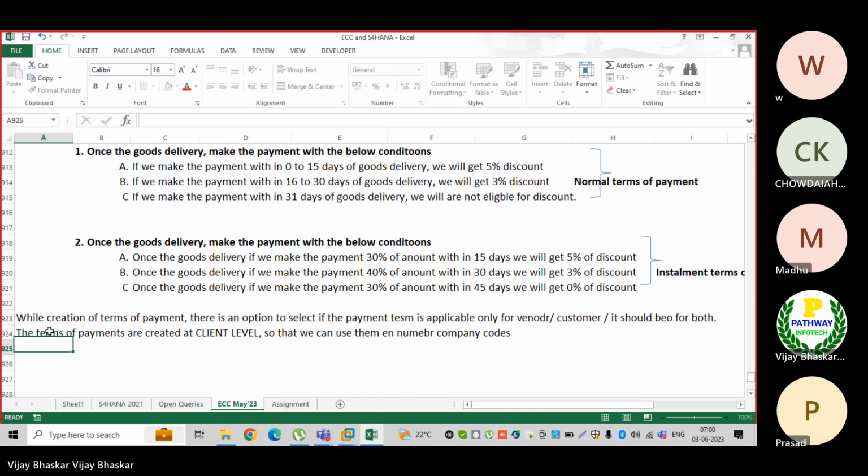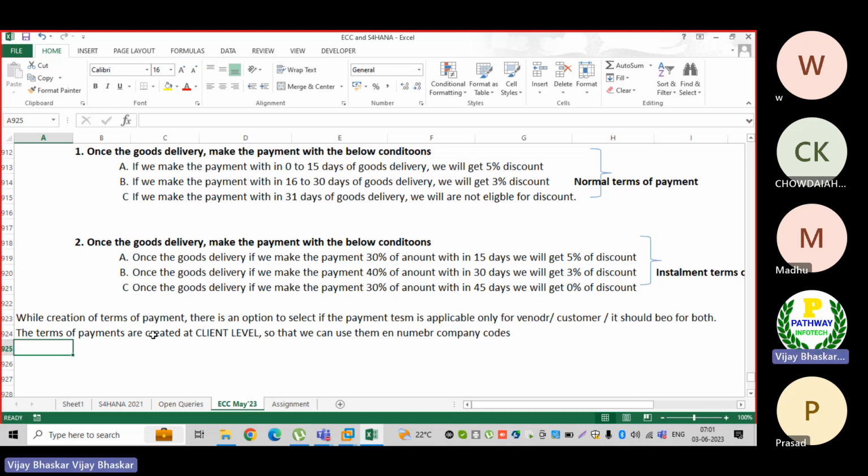Client level in the sense there are no restrictions. So if I create one payment term, then that can be used for n number of company codes. Basically we are not creating the payment terms at company code specific level. You can use any number of company codes. There are no restrictions for that.